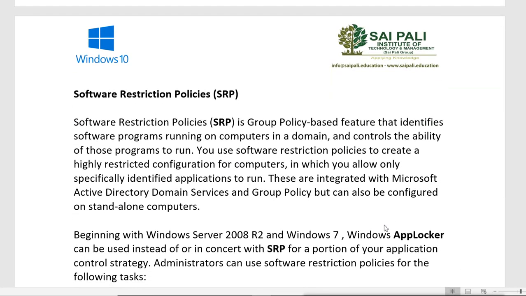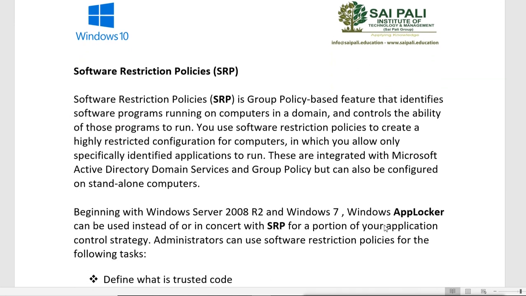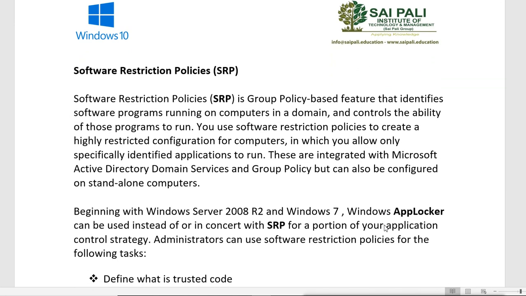Now next is software restriction policies, SRP. This software restriction policy is a group policy based feature that identifies the software programs running on computers in a domain and controls the ability of those programs to run. You use software restriction policies to create a highly restricted configuration for computers in which you allow only specifically identified applications to run. And these are integrated with Microsoft Active Directory Domain Services and group policy, but can also be